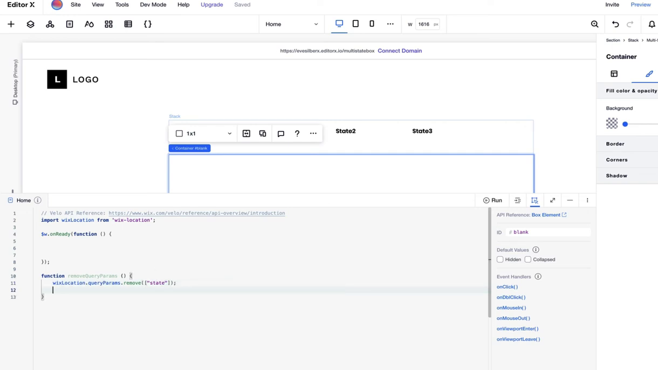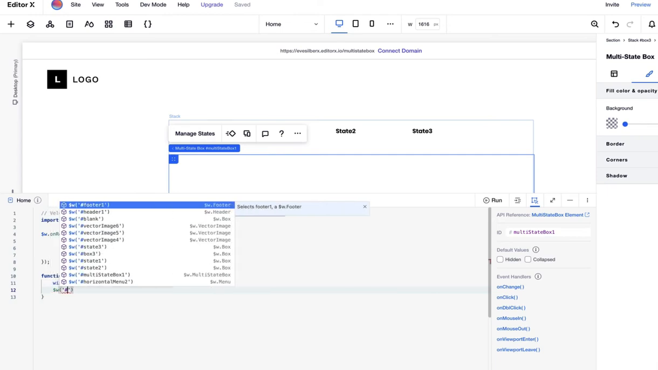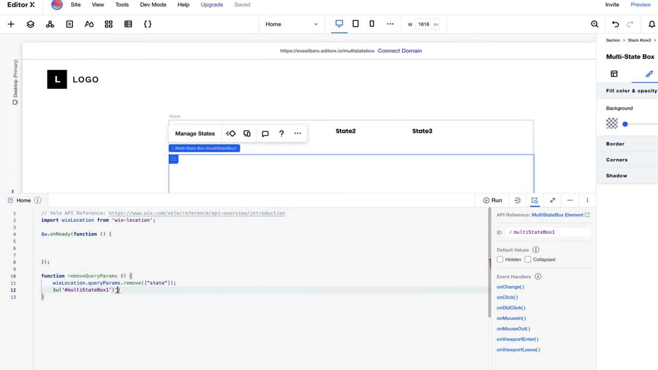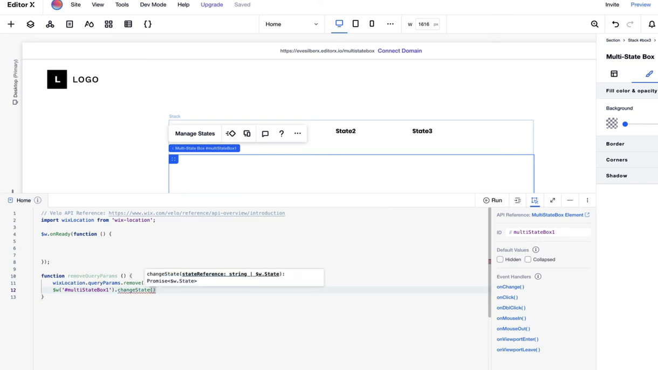Great. Now the second thing we want to do is to show in the multi-state box our blank state. So how we're going to do this, let's press the multi-state box. Here we can grab the ID, and we're going to do $w, multi-state box, and we have a function here called change state, and we're going to change the state to the blank state. Great, so now let's call this function in onReady